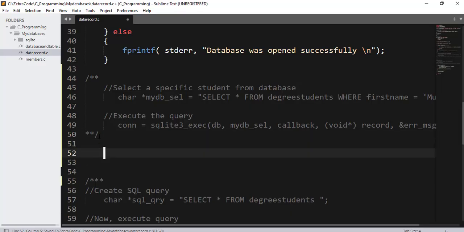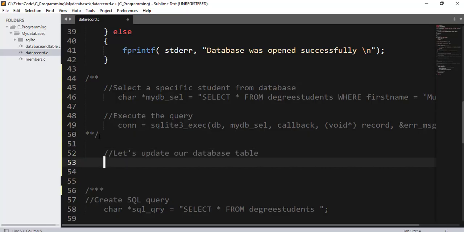This time, let's modify our database. We can change the name of a particular student. I will first leave a comment here. Let's update our database table. I will create a variable here,